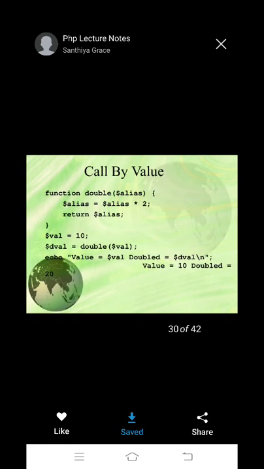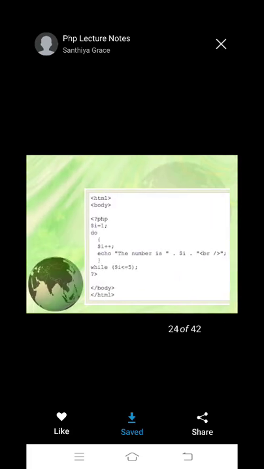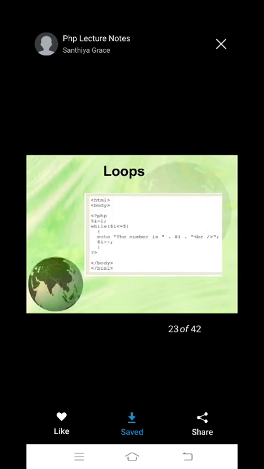Now these are the programs. See how many programs we have completed: first, second, third, fourth, fifth, sixth, seventh, eighth. So in this session we have completed eight programs in PHP.